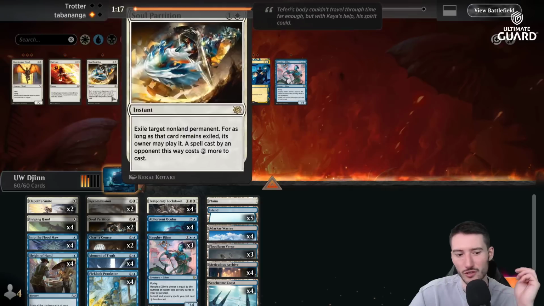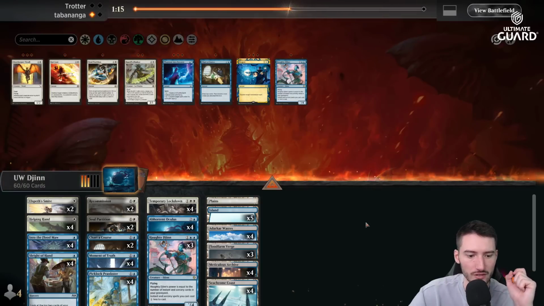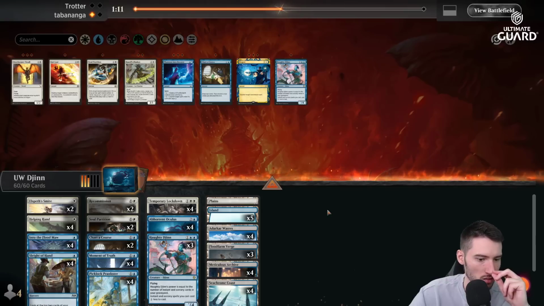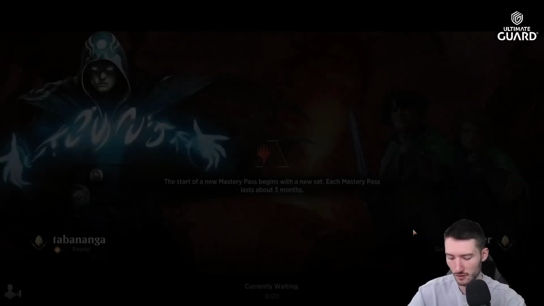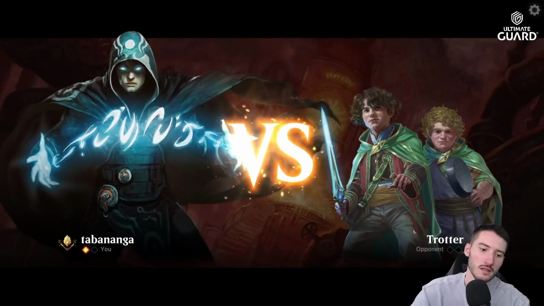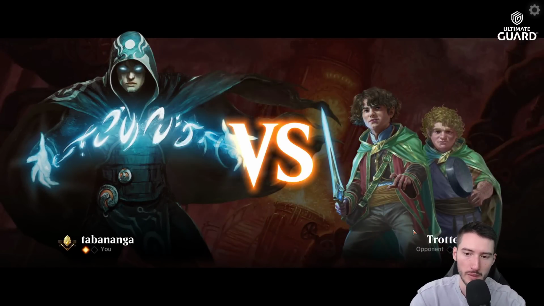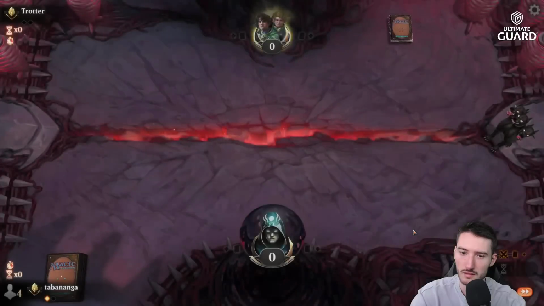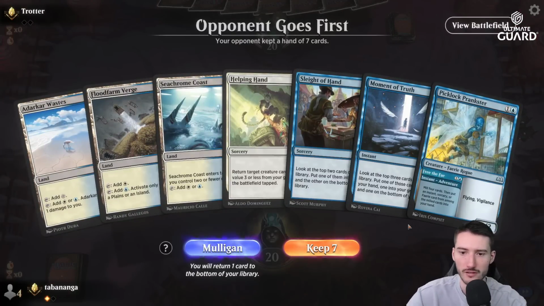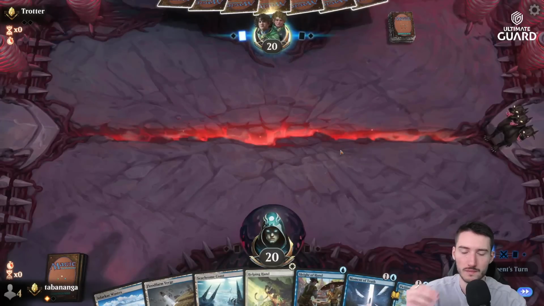I think I don't want the first Soul Partition. I have a lot of interaction. And I have these lockdowns as well. I could see that Into the Flood Maw is not perfect here. Maybe because they don't seem to have any pump. Maybe I don't want 4 of them. Maybe I want to have a Soul Partition over one of them. I also have all these lockdowns for the small stuff. So